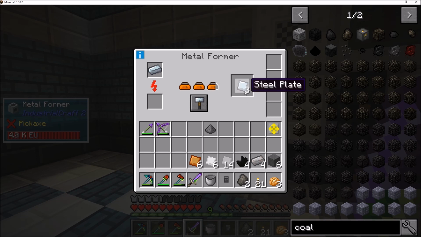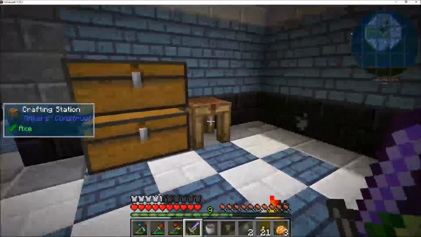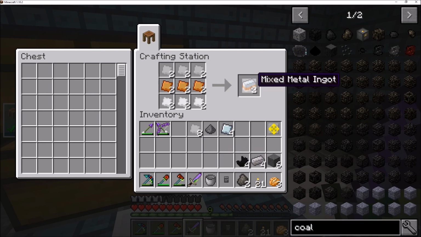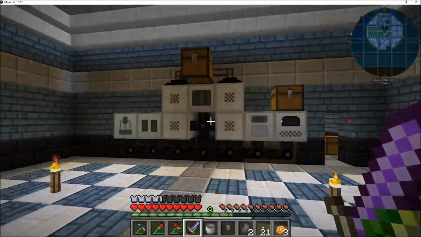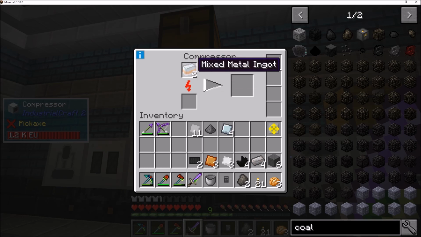So remember a couple episodes ago I said that you're going to need the compressor for a couple other things? Yeah, here we go. And then you're also going to need this thing called advanced alloy. So iron plates, bronze plates, and then tin plates make this mixed metal ingot. And I guess you don't need all of this. You just need 2 of these mixed metal ingots. So let's take these all out. We're not going to use them if we don't need to. I guess I didn't realize that these mixed metal ingots don't come in 2. I mean, it's nice. But anyway, this is going to get us our compressed